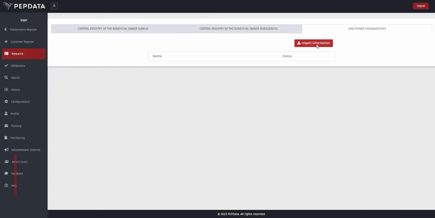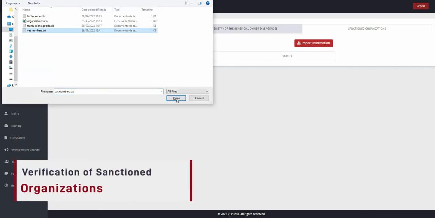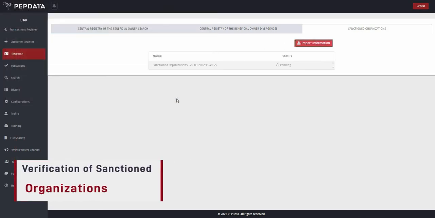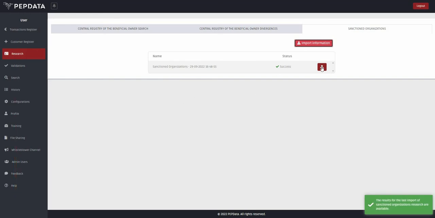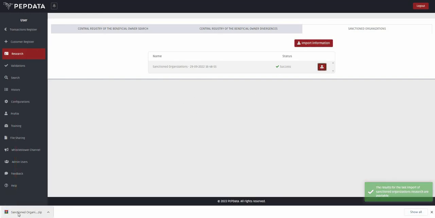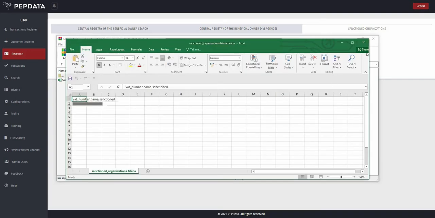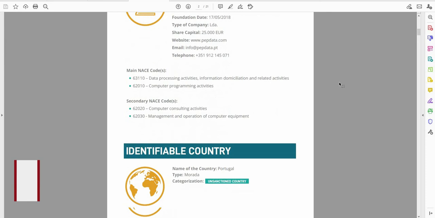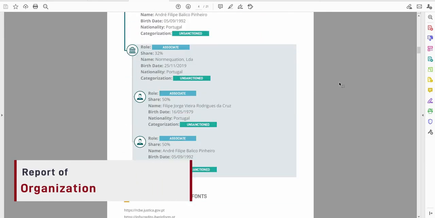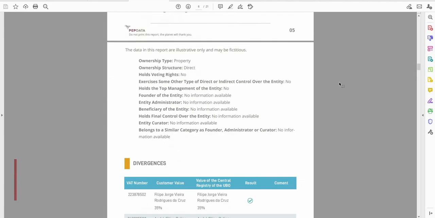Our new Sanctioned Organizations menu allows you to enter a list of your customers' organizations and check if they are sanctioned or not. Just click on the Import Information button to get the full results immediately. We also developed a complete report of each organization, where you can choose the data to be included: